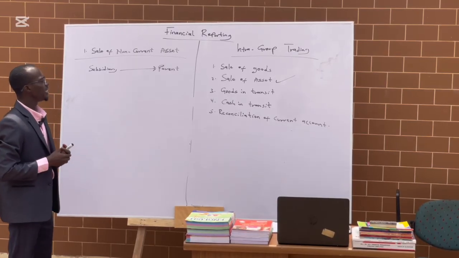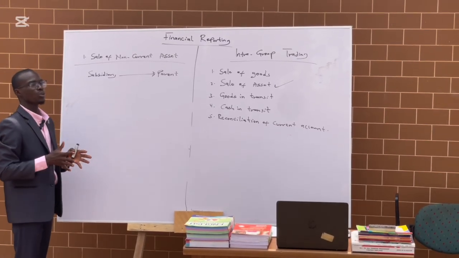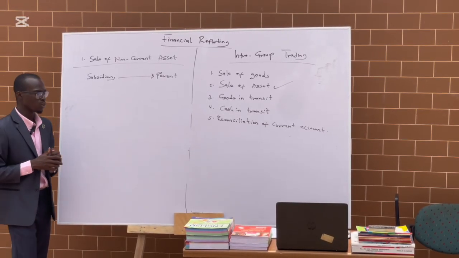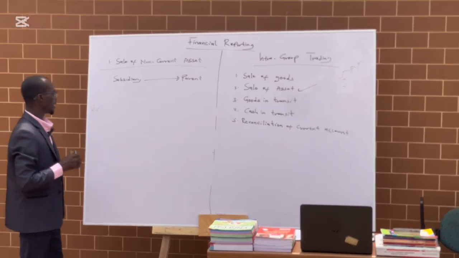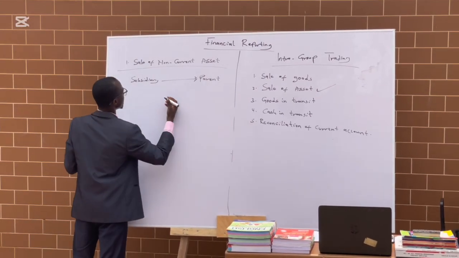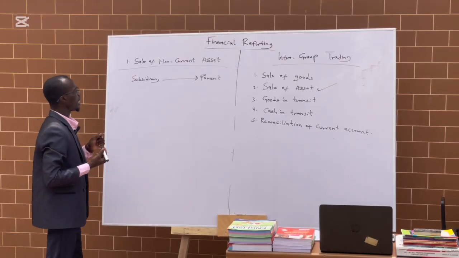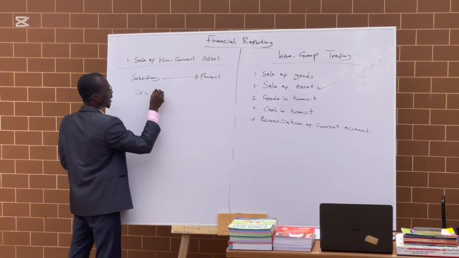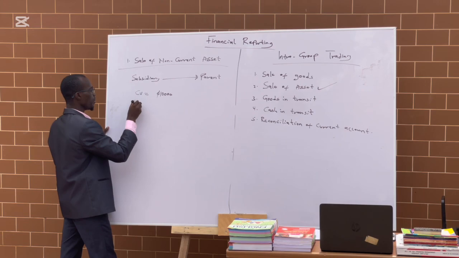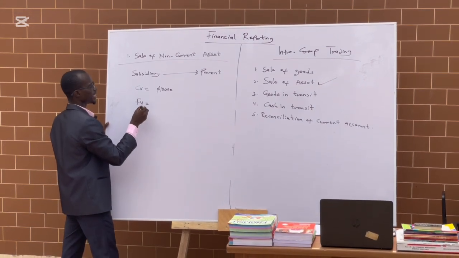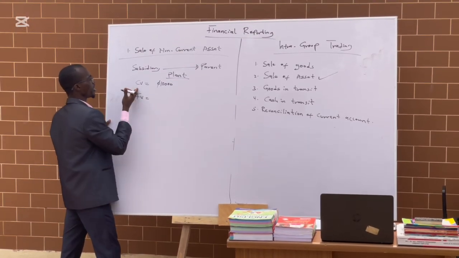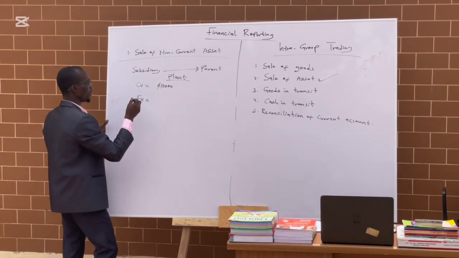Since we are going to consolidate them, IFRS 3, business combination, says that we should eliminate any intra-group trading. In this case, let's say the subsidiary is selling some asset to the parent. The current value of that asset is, let's say, 10,000 Ghana cedis. Let's say the asset is a plant. So the current value is 10,000, and the fair value is